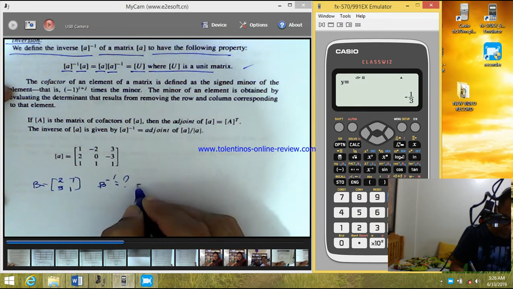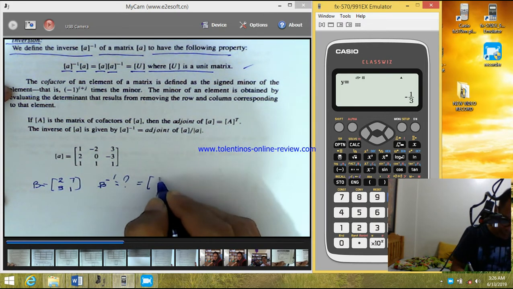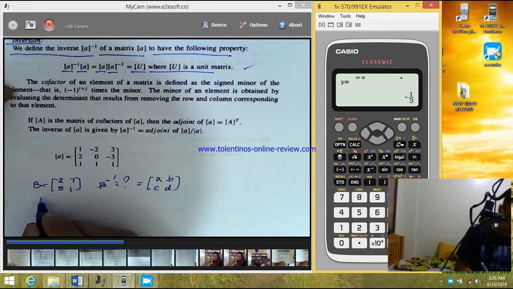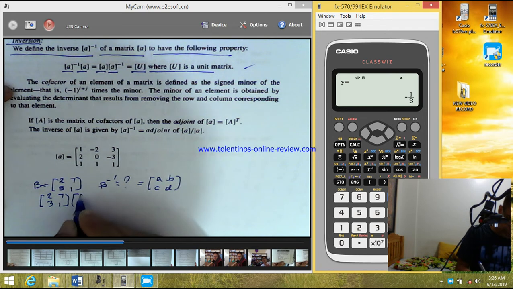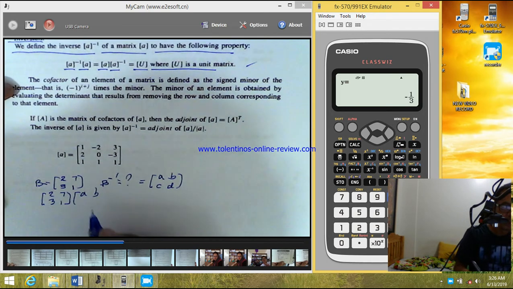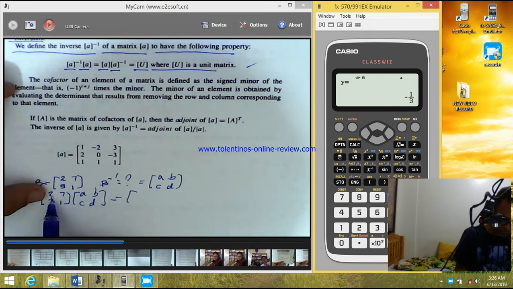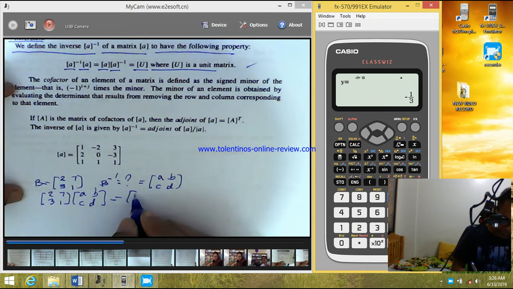Let's assume that this B inverse is A, B, C, D. So, pag multiply ko yung 2, 7, 3, 1 by A, B, C, D, ang makukuha ko is, this is 2A plus 7C,